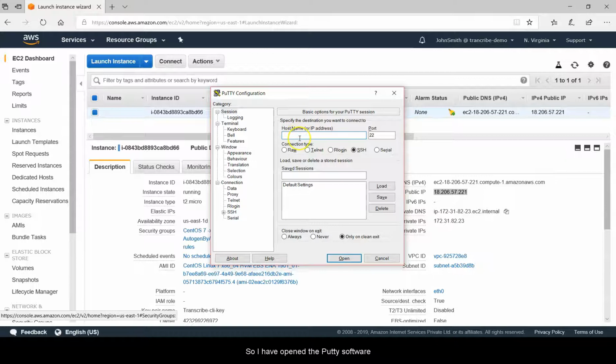So I have opened the PuTTY software. Here in the hostname we need to provide the IP address in the convention of username, at symbol, then the IP address. So the username, as we noted down earlier while selecting the CentOS image, was centos. So we will write the username as centos, then the at symbol, then we will paste the public IP